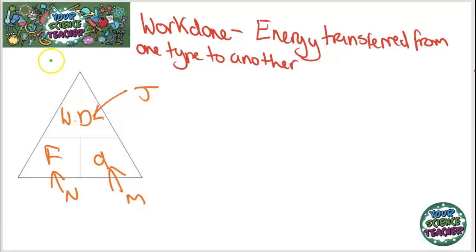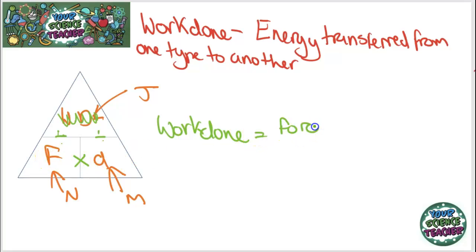At this stage, what I'm going to do is tell you how I use calculation triangles as well, as we're going to encounter them a lot of times in this video. So what we have here is work done on top of my triangle and force and distance at the bottom. What you need to do to calculate one of the things in the triangle is cover it up. So for example, if you are wanting to calculate work done, what you need to do is cover up work done. And now you can see that force times distance is equal to work done.